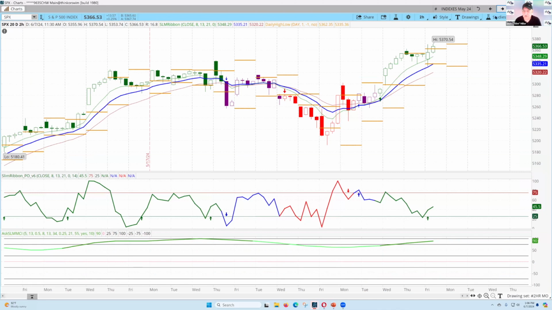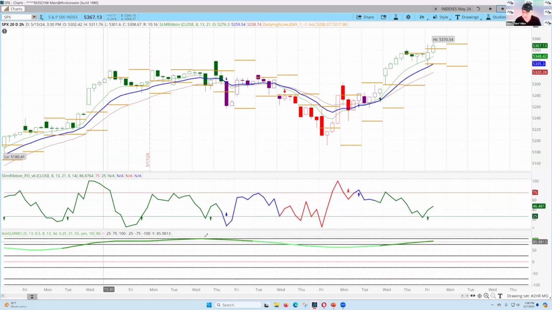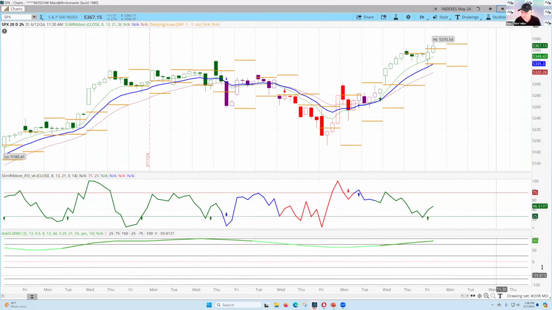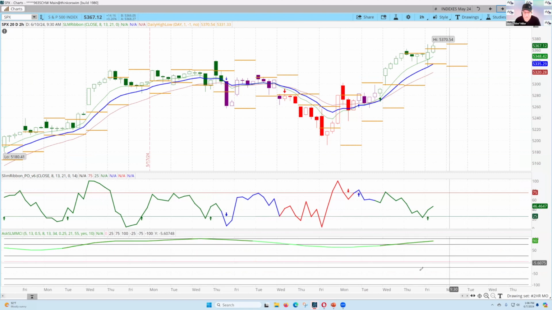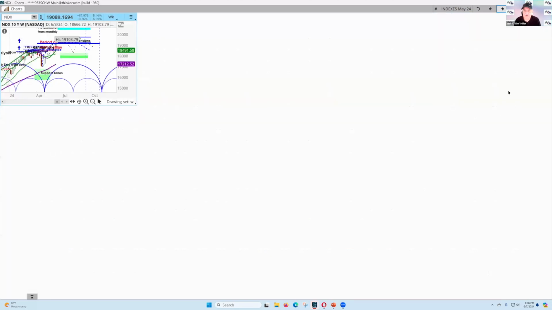This is the 2-hour chart in here, and on the bottom right over here is the market condition indicator that trades between minus 100 and plus 100. When it's in the swing zone, between 25 and minus 25, it gives you warnings. Well, it hasn't been near that. And when it crosses it, it gives you a signal which is bullish or bearish. You'll see that in a moment, because the Russell has done that. So S&P 500, clearly, when we look at it, positive.